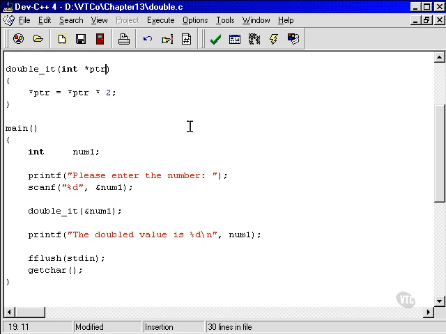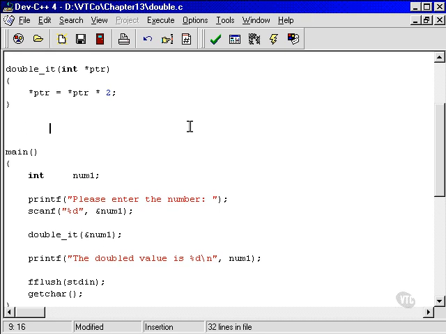Because what's going on here is when you call this function and you pass it this value, there's a little implicit assignment statement happening. Somewhere in the middle, it's never actually typed anywhere, but something that's happening in the middle of all this is ptr equals the address of num1. The num1 is obviously this num1 down here, and the ptr is this ptr up here. So when you call the function, you're actually assigning that value to that variable. Does that make sense? So when we come to this line and we say the thing that the pointer points to, which is num1,